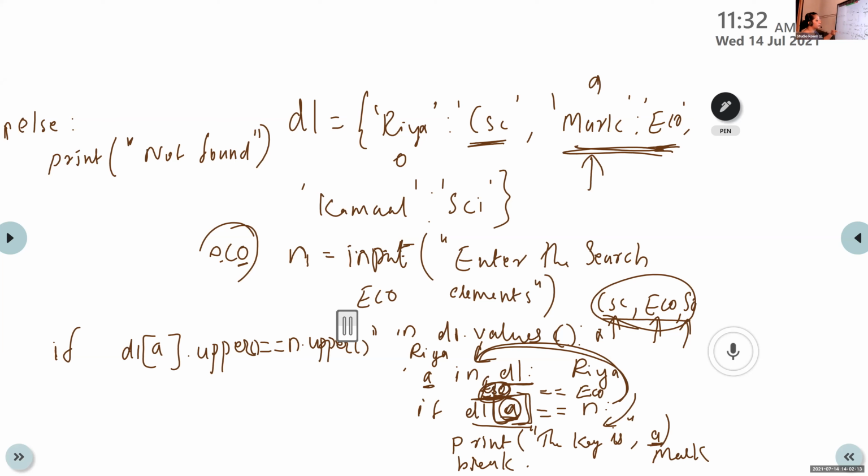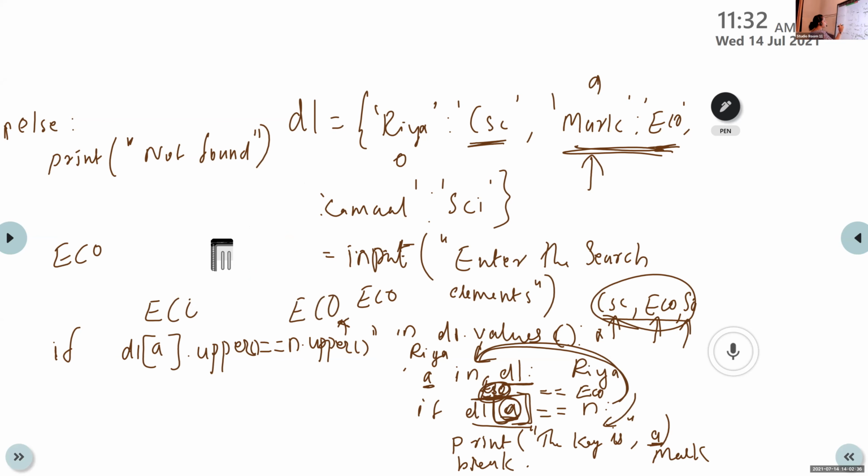Here what will happen, Achyut? Our content is ECO. Now it will convert all the letters completely to capital letters. Here we input ECO and it will be converted to ECO.